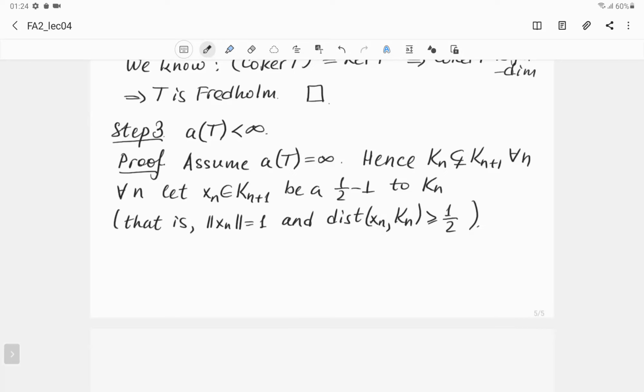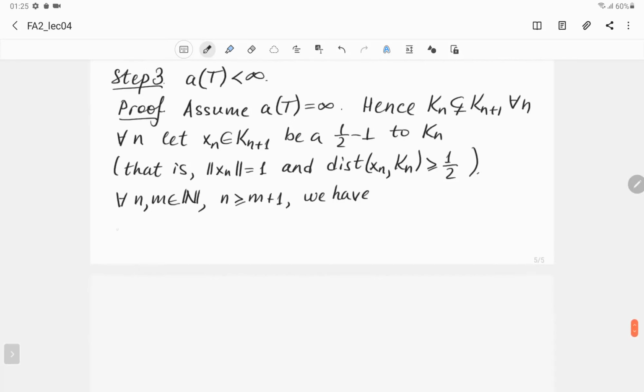We'll try to get a contradiction with the compactness of the operator S. So basically, we will show that the sequence S of xn doesn't have a convergent subsequence. This will be a contradiction because S is compact. So we take any two natural numbers n and m. Let's suppose that n is greater than or equal to m plus 1. And observe that we have the following